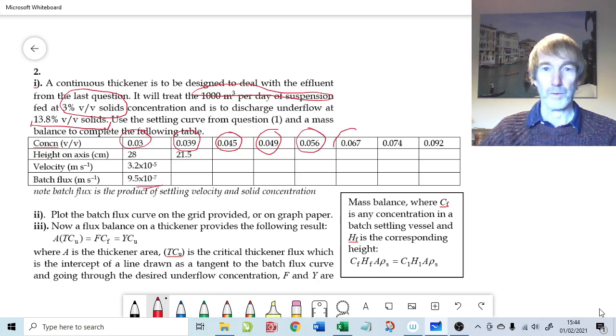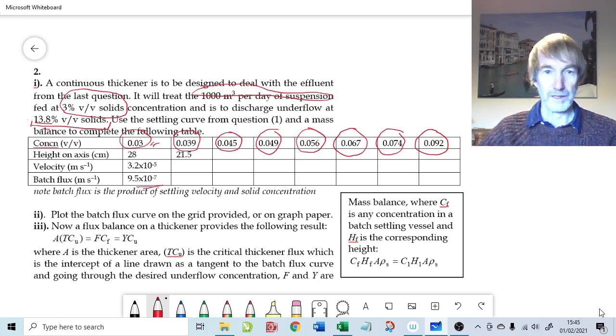5.6%, 6.7%, 7.4% rather, and 9.2%. All, of course, less than the underflow concentration of 13.8%. These are just a fairly arbitrary collection of concentrations between what we have as the feed, the 3%, and the underflow, 13.8%. So somehow we need to convert our batch settling curve that we had in question 1 into